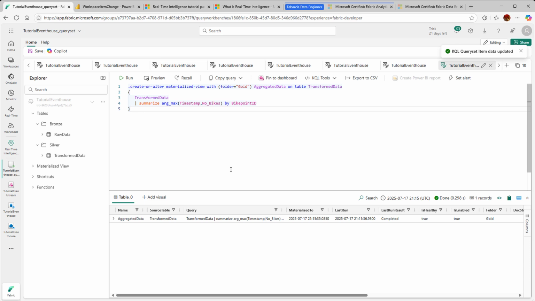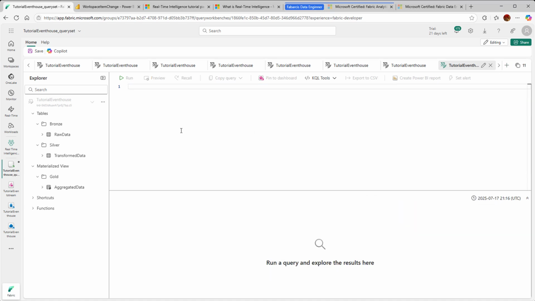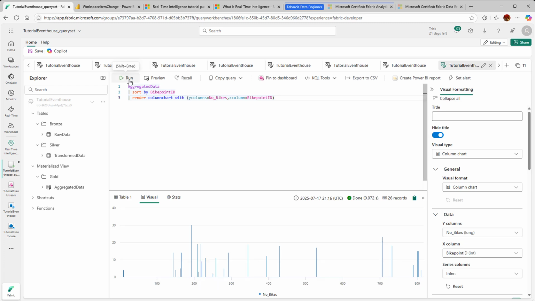Cool. So now I can see this materialized view in the gold folder, and it got created. All right, so now let's query this view. All right, okay, now I can see the visuals,